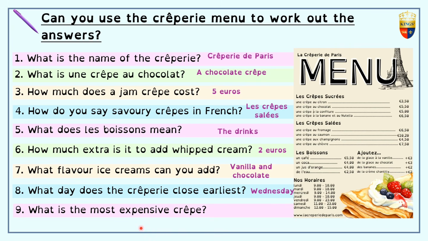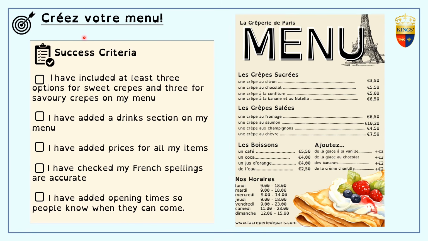And then the final one was, what is the most expensive crepe? You should have put a salmon crepe. So well done if you got those all right, guys. That's amazing work. Like I said, in languages, you don't need to understand every word to be able to understand what's going on. So very well done if you got all those. And now it's over to you guys. It's your turn to create your menu,